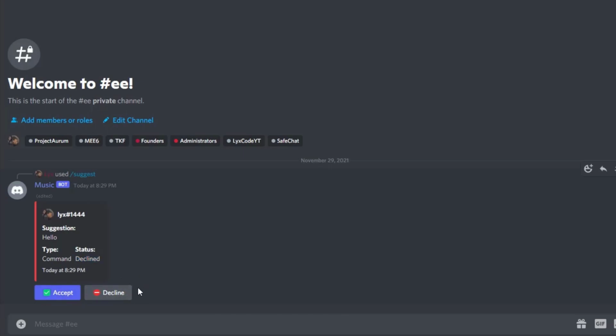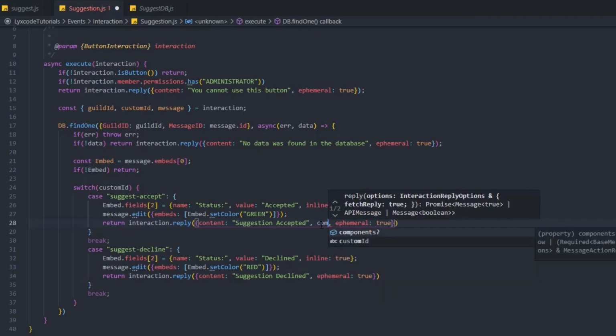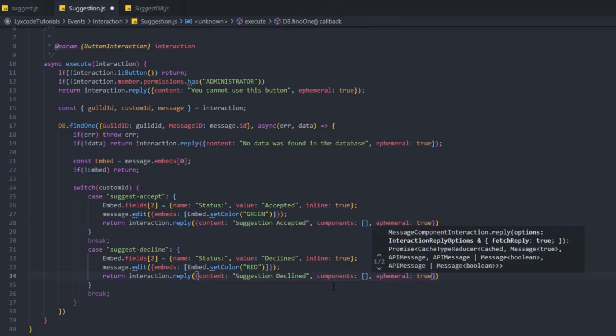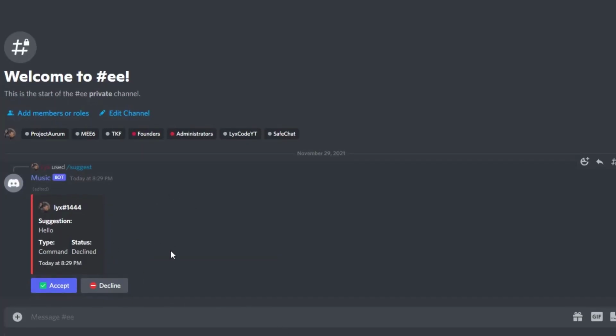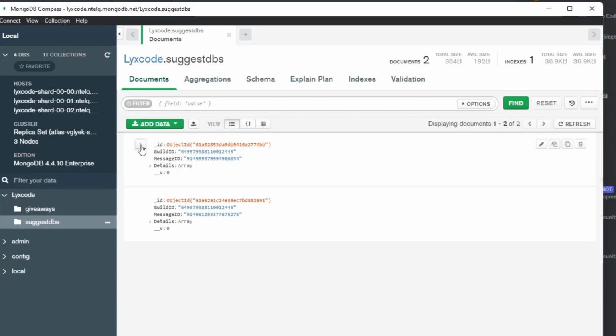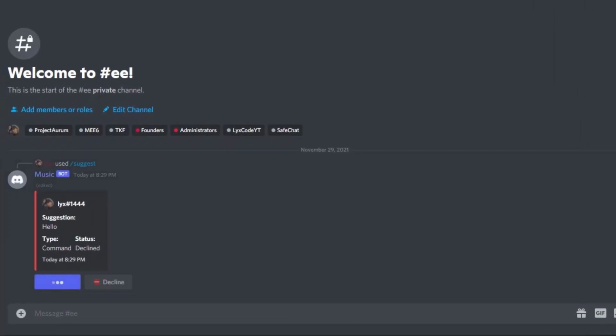But if you want these buttons to be removed after you selected one of them, all you need to do is pass an empty components array. So we're gonna put a comma here, and we're gonna type components equals to an empty array, and same here, components equals to an empty array. So now let's restart our bot. All right, and we don't need to type another command to test it out because it's already stored in the database. If you go to, let's refresh it, suggest, like you see here, command hello, it's all stored in the database. So now if you type accept,